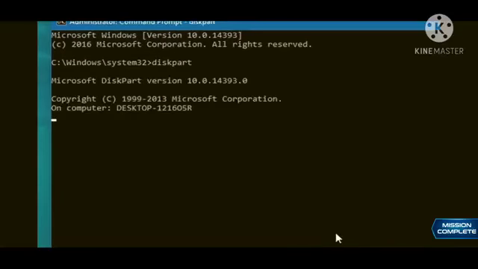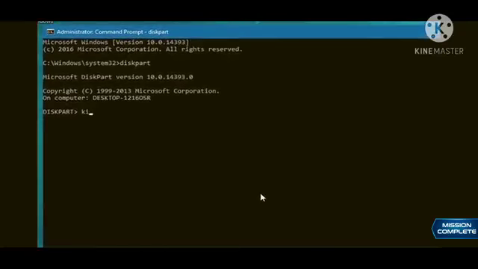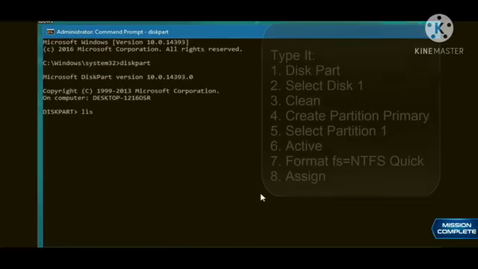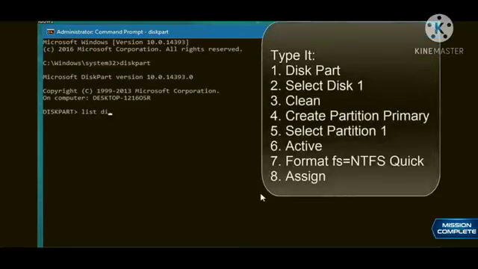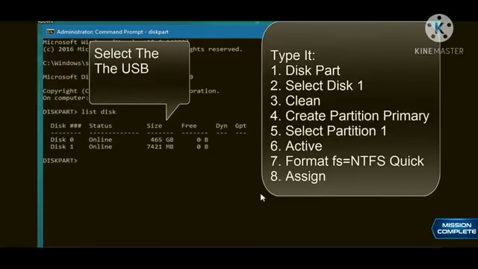Wait until the diskpart utility starts running. And then, in the new diskpart window, type list disk and then click Enter. It will show you all active disks on your computer. Most probably, you will see two disks. This 0 is for the hard drive and this one is for your USB flash drive with its total capacity.